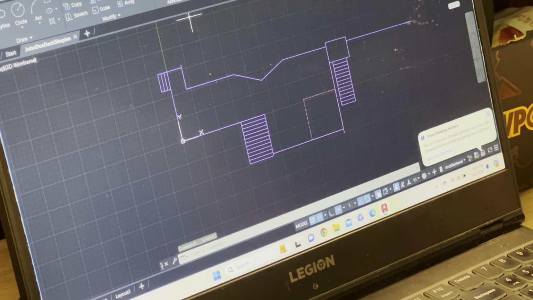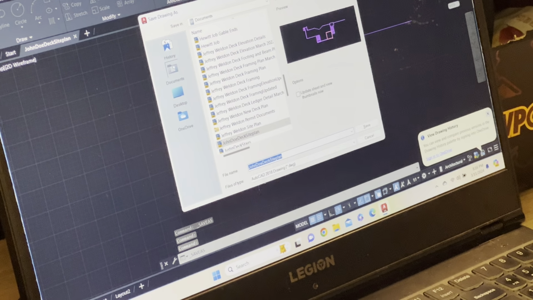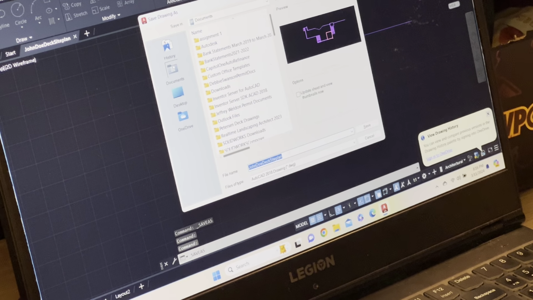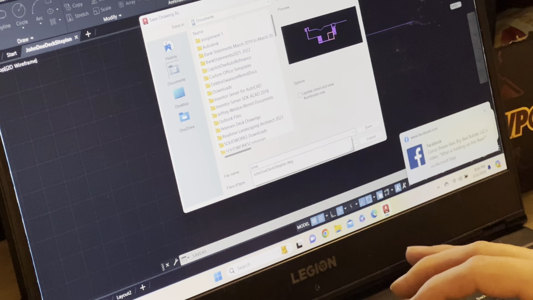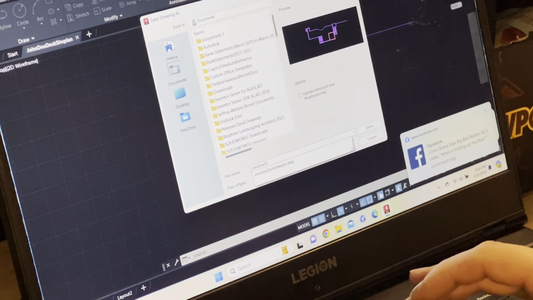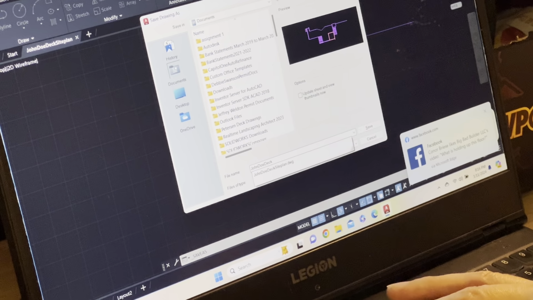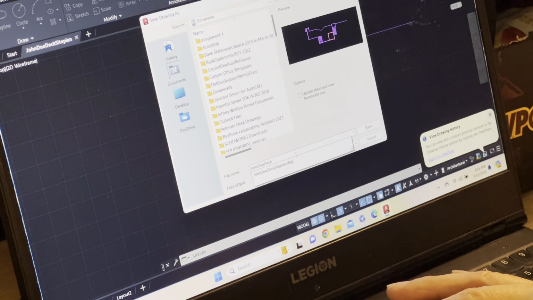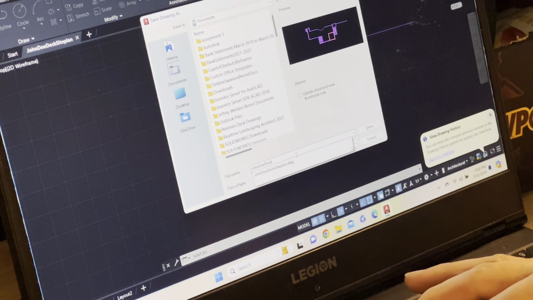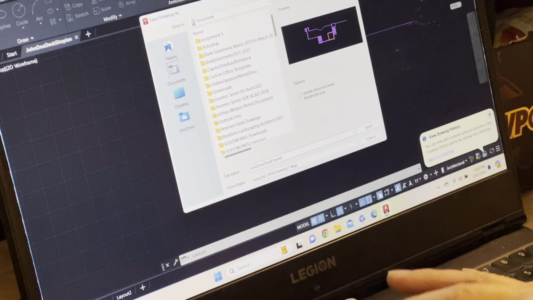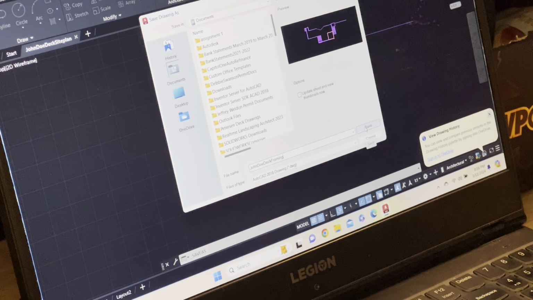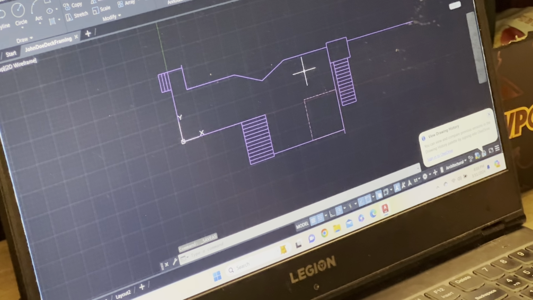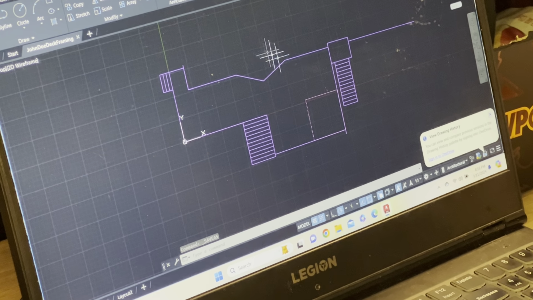And I can do another save as real quick, and I can do John Doe deck framing. So now I have this saved as framing,